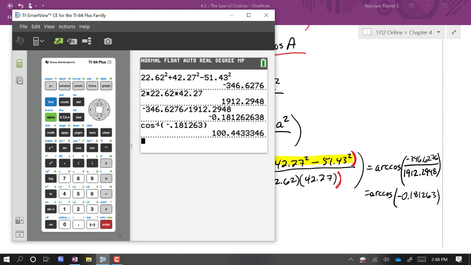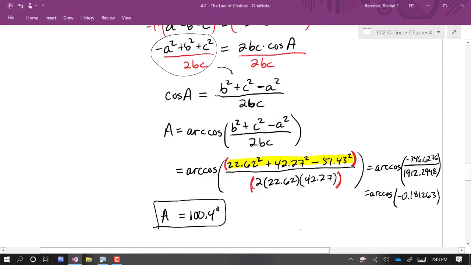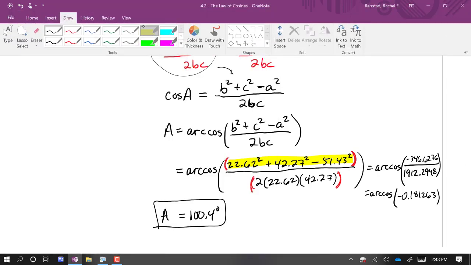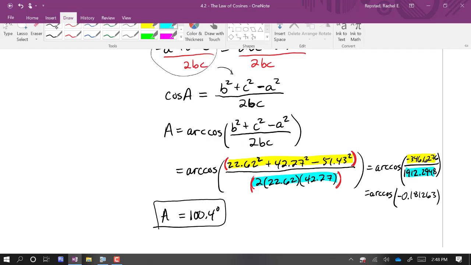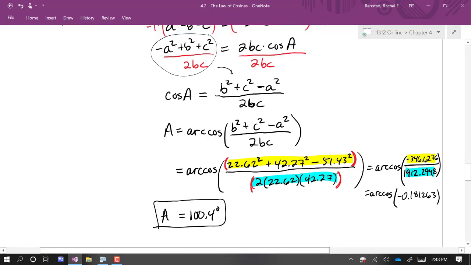And I get 100.4 degrees. So you can do intermediate calculations, right, to figure out what goes inside. Calculator errors, I'm spending a lot of time talking about potential calculator errors, and that's just because I see them a bunch. If you find, as you're going through this, that the arc cosine, as you're plugging this in, gives you an error,